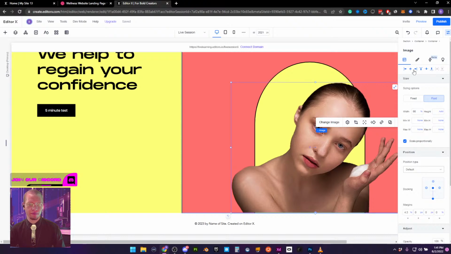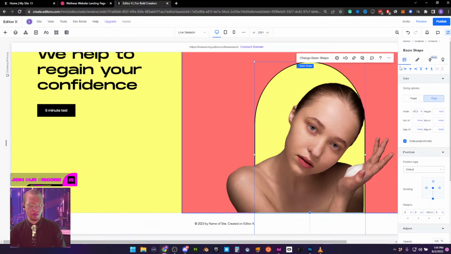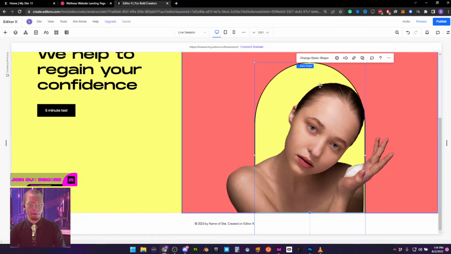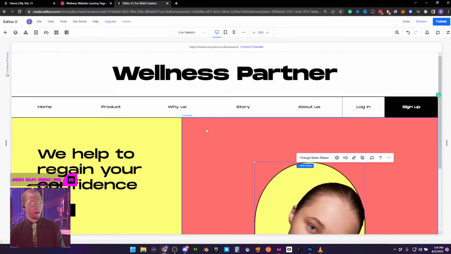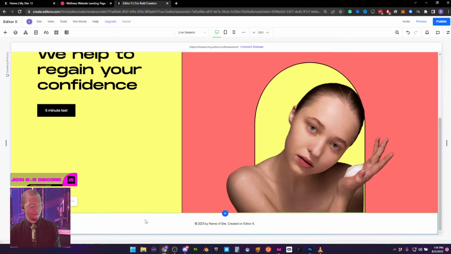Align to the bottom, align to the center. Do the same with our shape here, align to the center. Now to fix basically everything, one of the things I want to double check is, after deleting this footer,